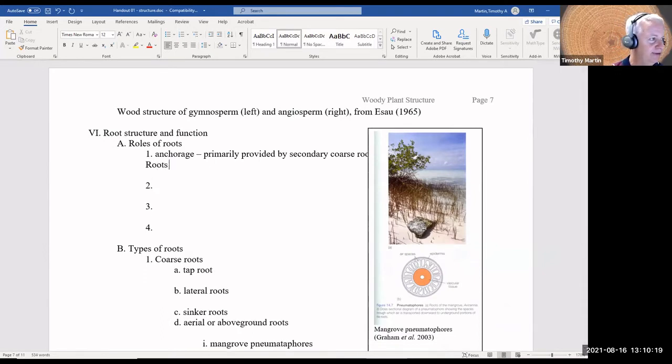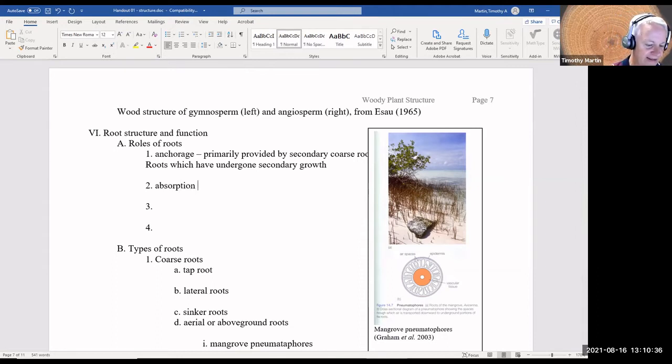And that would be roots which have undergone secondary growth, or growth in width or diameter. So they're strong and provide anchorage for the tree. Obviously, the